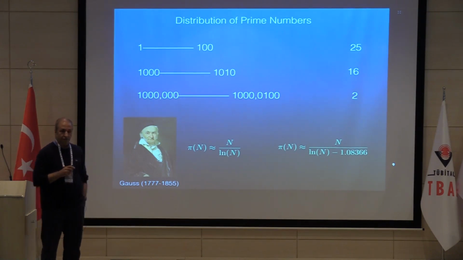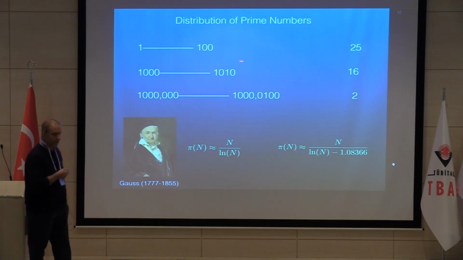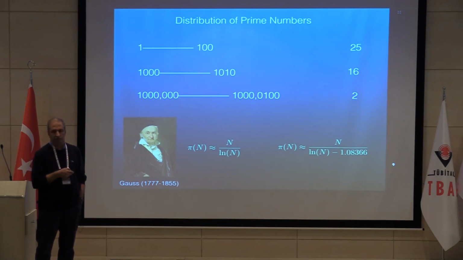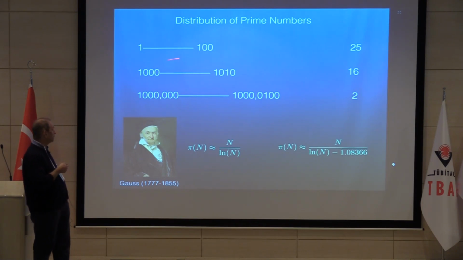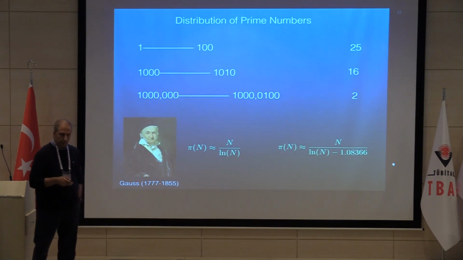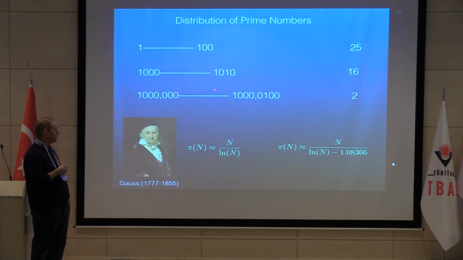Try to count the number of prime numbers between 1 and 100. You will find 25 prime numbers: 2, 3, 5, 7, 11, 13, and so on. Then you move this interval to higher numbers and try to find the number of prime numbers between 1000 and